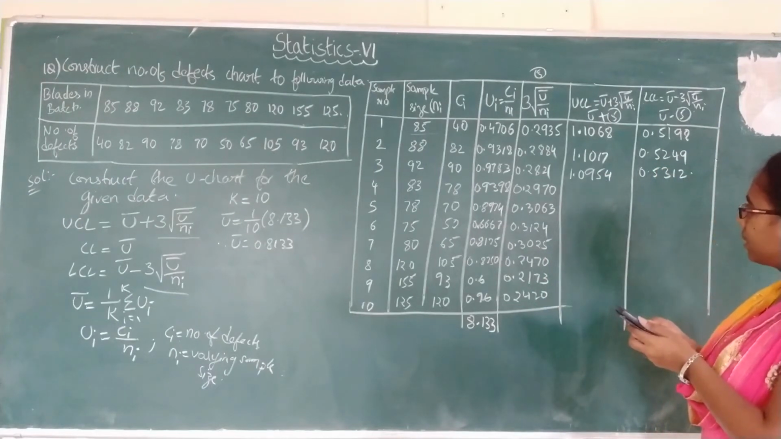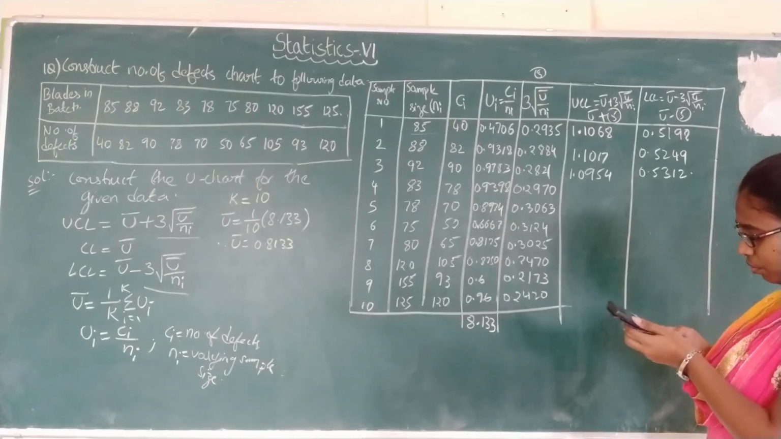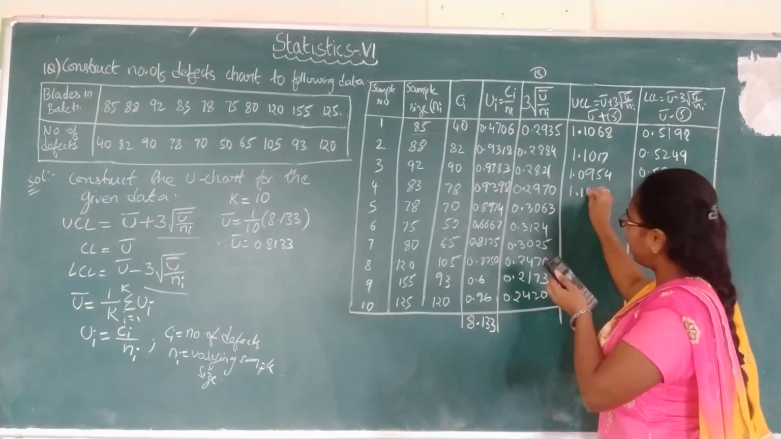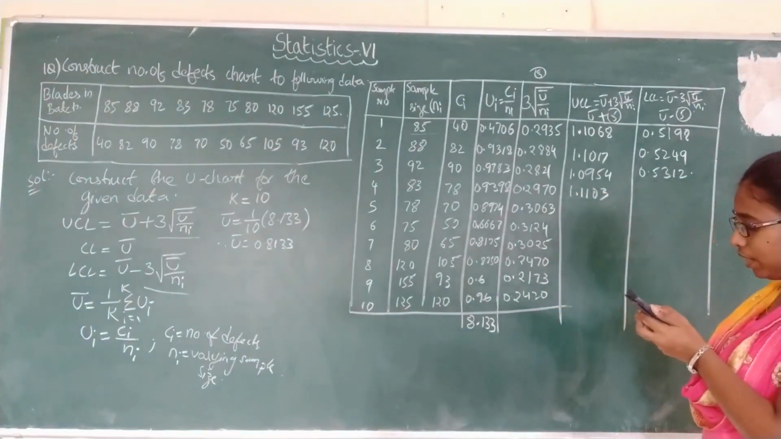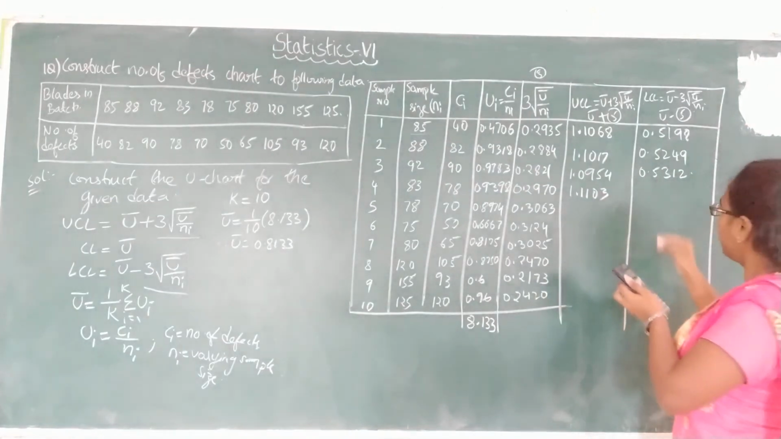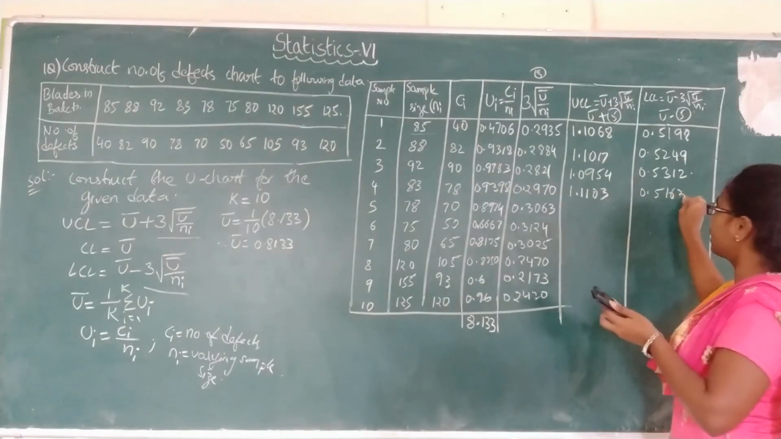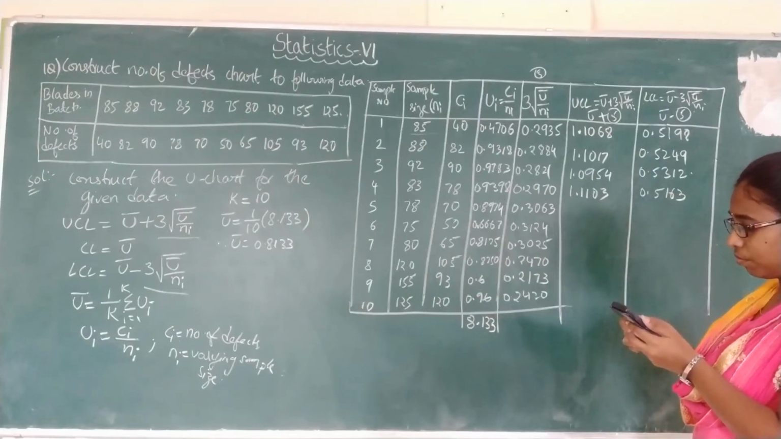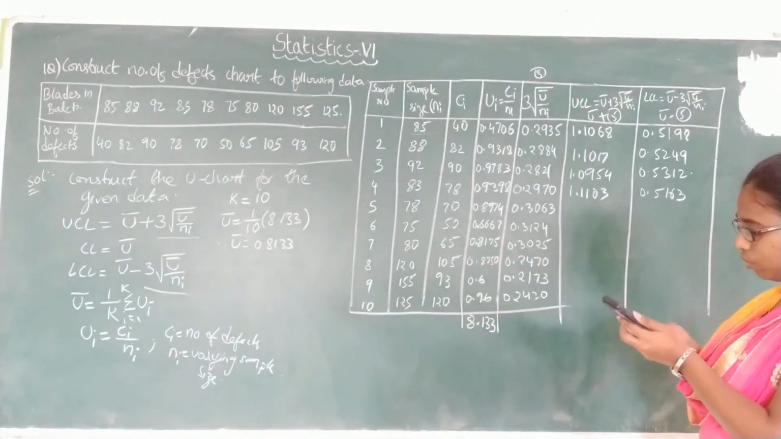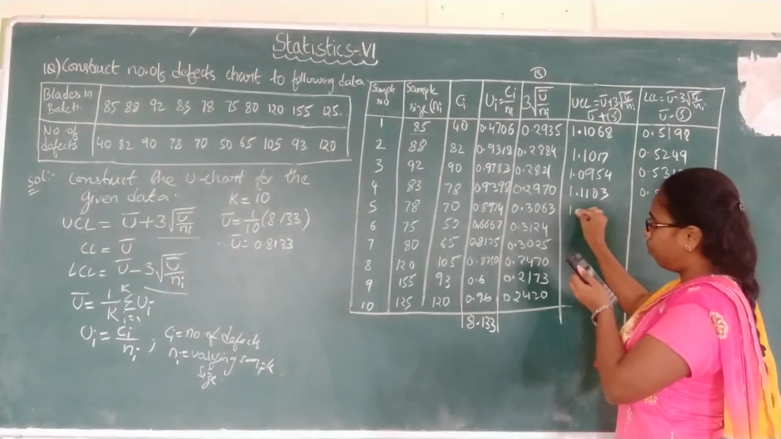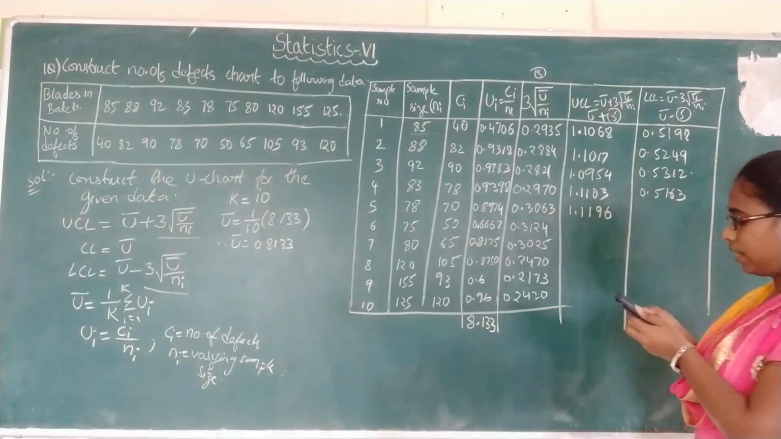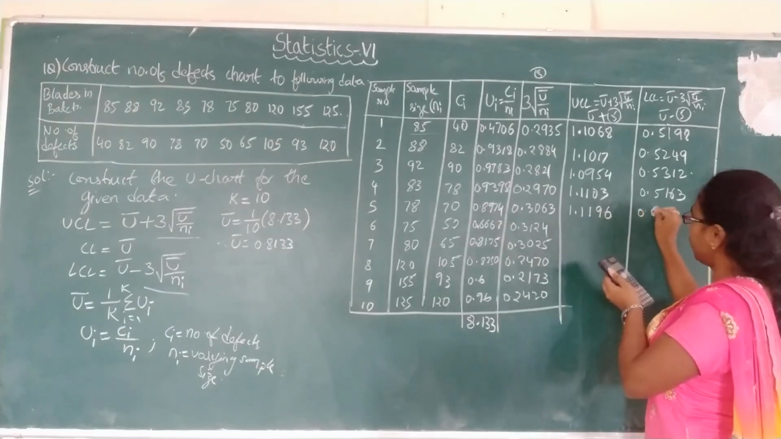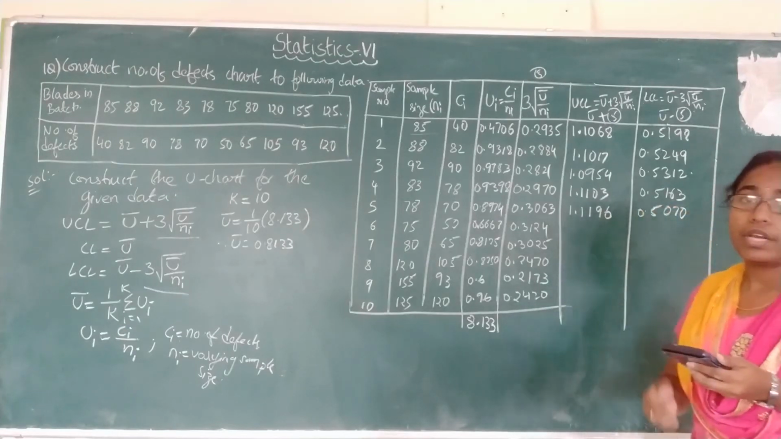0.5312. The next value is 0.2970. The answer is 1.1103. Similarly, put minus, you will get 0.5163. Next is plus 0.3063, 1.1196. Next minus in place of plus, 0.5070. Next is